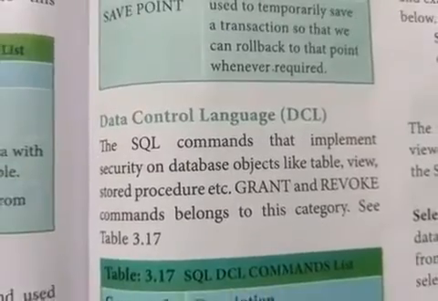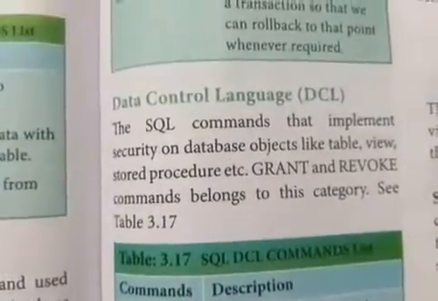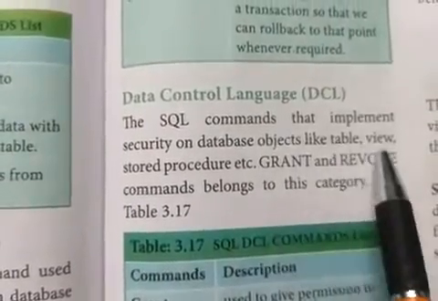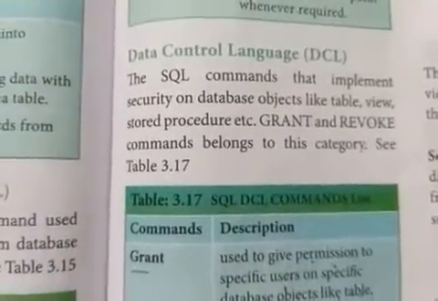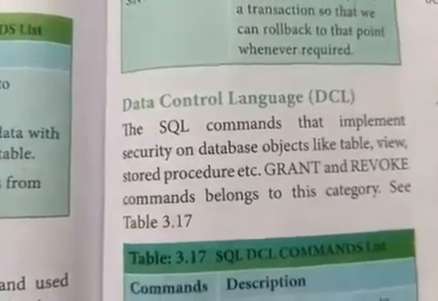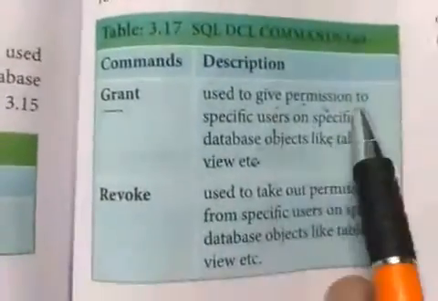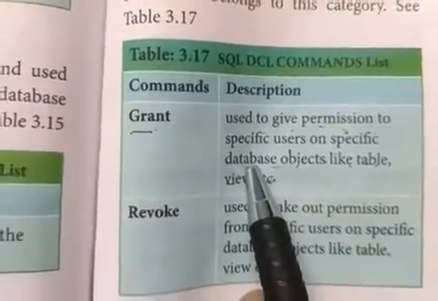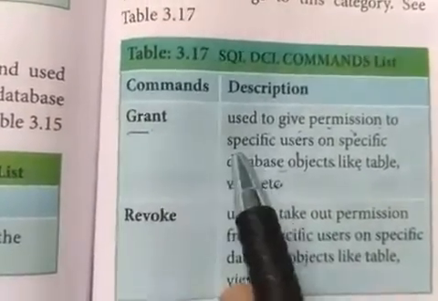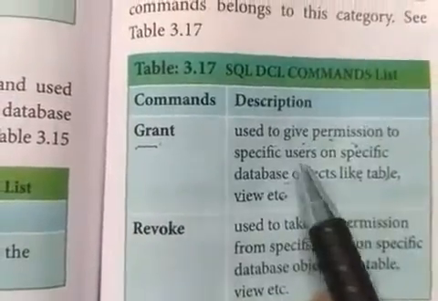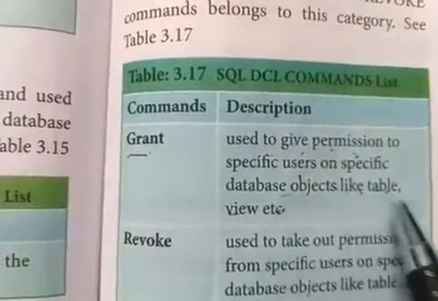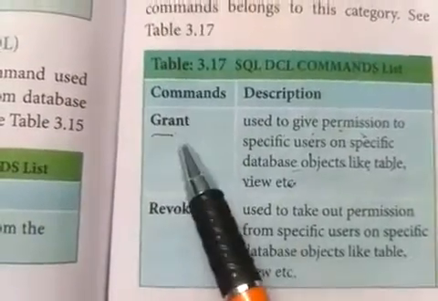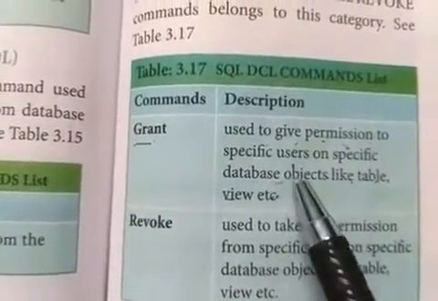View the reports in the database. So here two commands, that is grant and revoke, are the commands which are used to give security for the database objects like table, view and stored procedures. Grant is a command which is used to give permission. Grant, like in a leave letter, you write, grant me a leave. So give permission to the user on a specific database object, to create a table or to view the reports. So grant is a command which is used to give permission to the specified users.